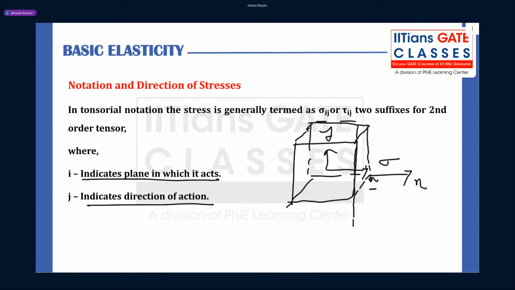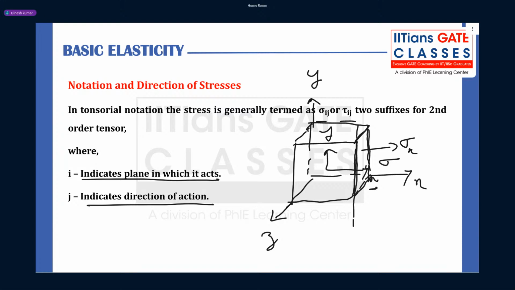This is your x direction now. This is your z direction, and perpendicular is the y direction. So what is this plane? Anybody? This is the xz plane, right? So you can see on this face your stress. So what is your plane? Not the xz plane. This is the yz plane, guys. This plane is the yz plane, right? So what is the yz plane? It is known as the x plane. So the first I is what?